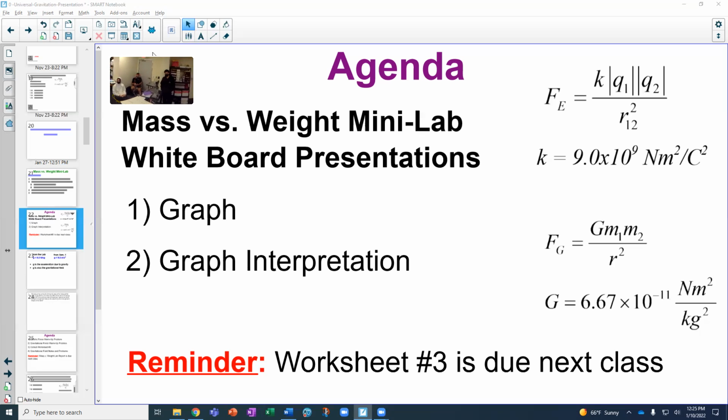Okay. Our graph was linear. And it had a y-intercept of 0, which wasn't exactly what the regression put in, but we knew that when there would be 0 mass, there would be 0 force, because the equation for force is mass times acceleration, of course. And our slope was